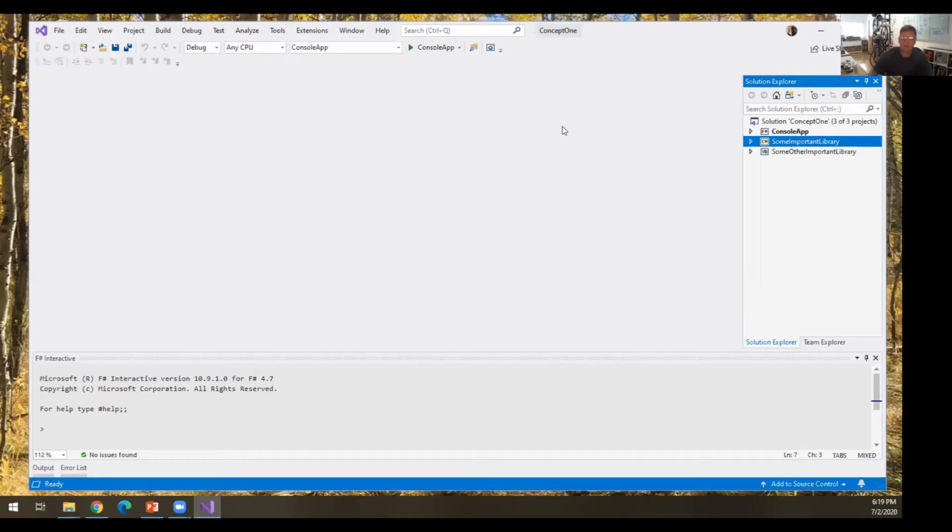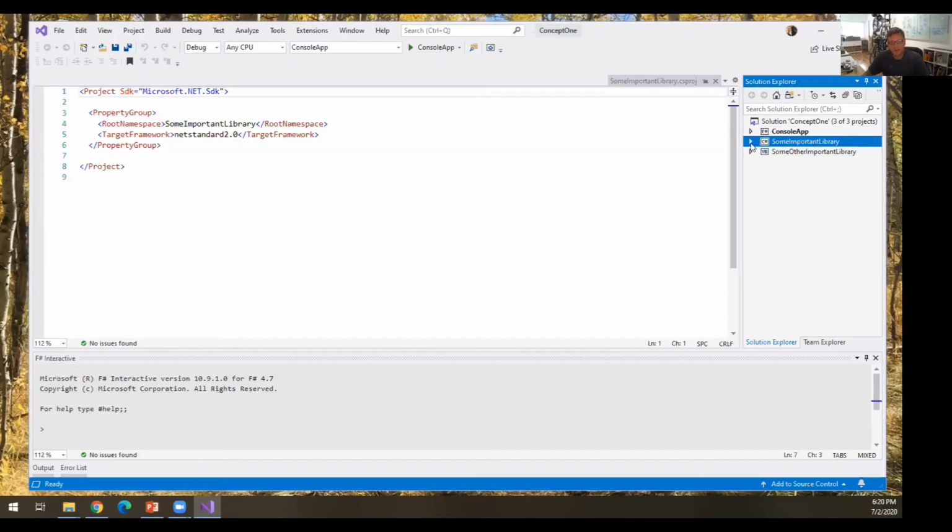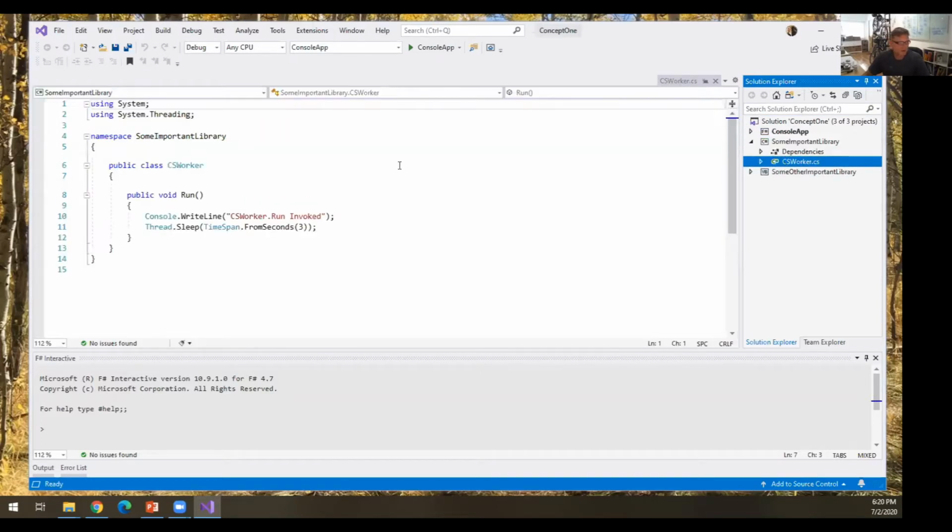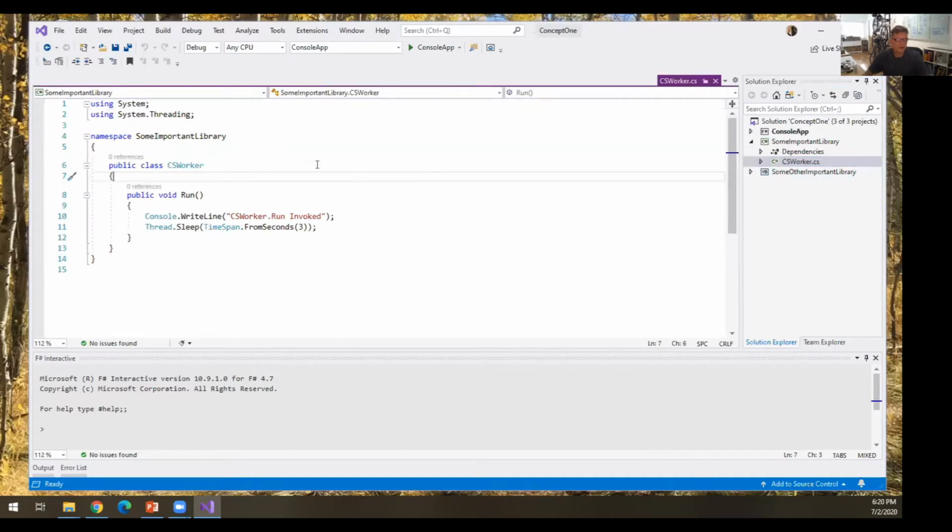Here you see, and Jason, let me know if this is too small for people to see, I have a Visual Studio solution with 3 projects: an F# project, a C# project, and a VB.NET project. We'll start with the C# project, which is a library, so it compiles to a DLL. In there, it's fairly straightforward. I know it's not pure C++, folks, but this will look familiar and comforting to you, right?